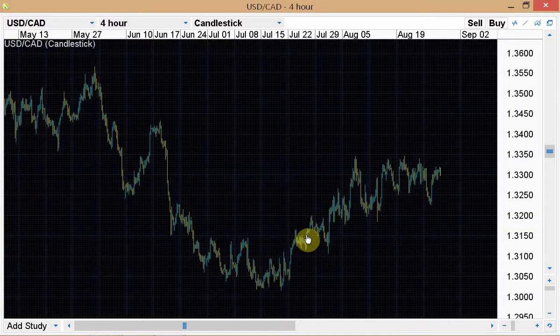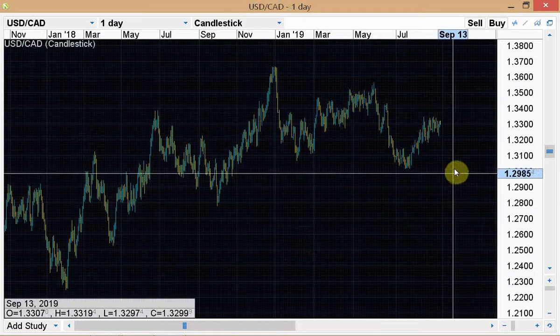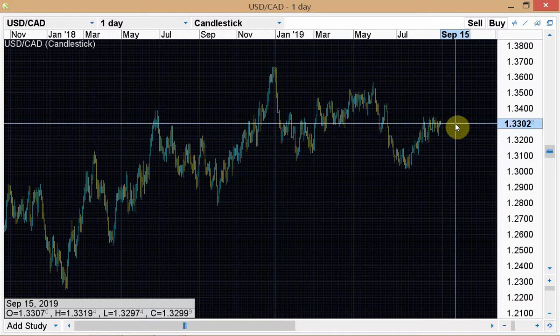We use a longer term chart. Okay, so let's look at this. Make it even bigger. So the 1.30 is roughly here, and this is the current market. We were looking at a situation here where I was trying to demonstrate